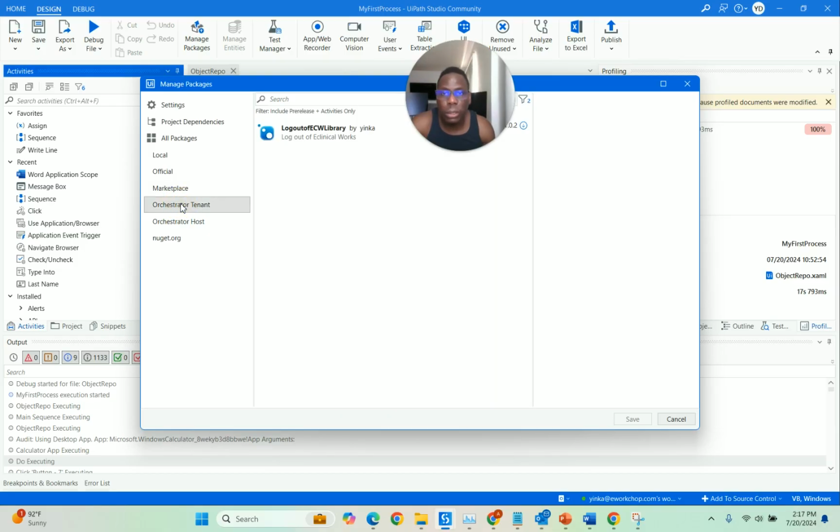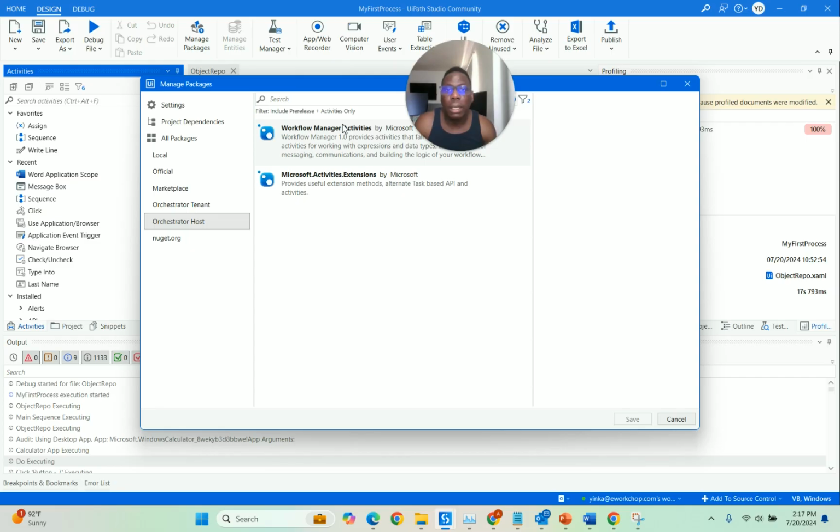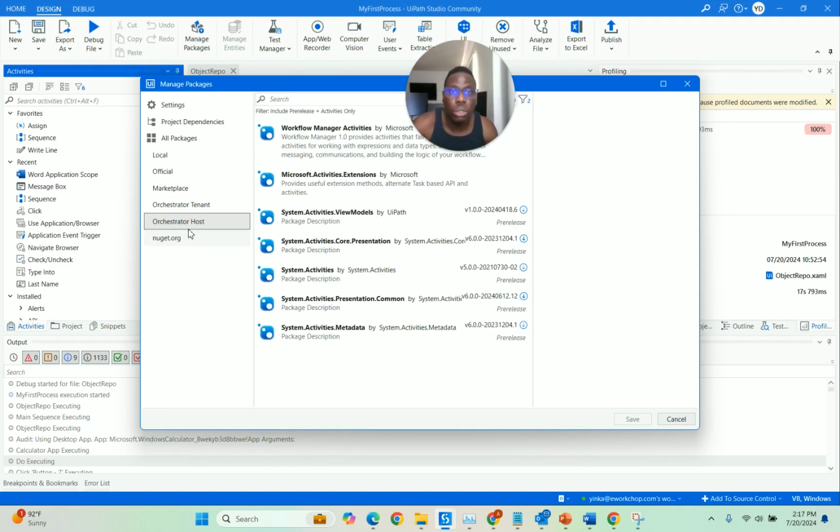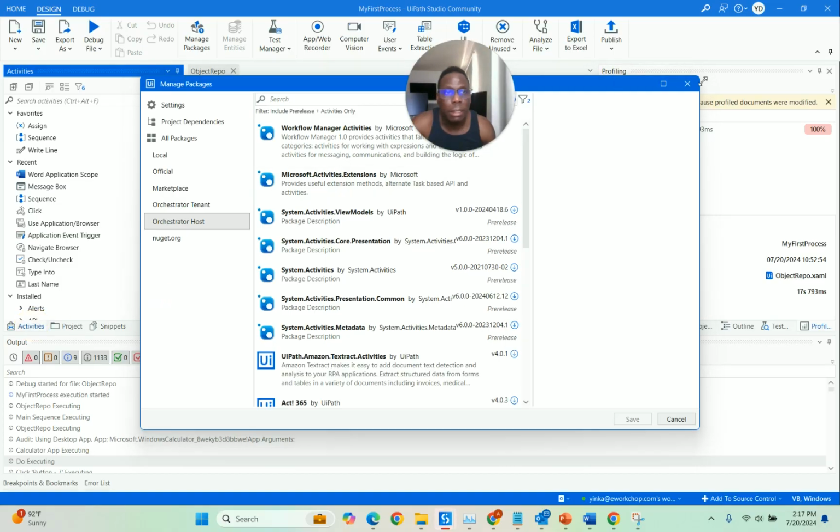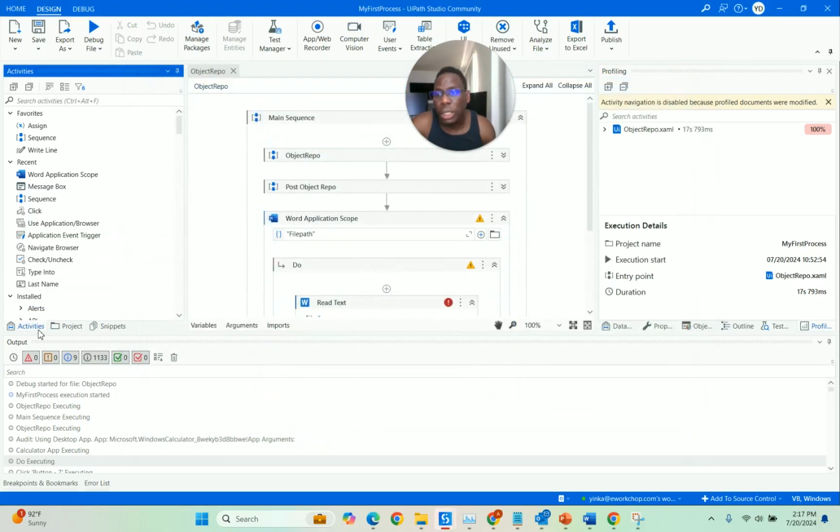Now your Orchestrator is the cloud version of this, the cloud partner of UiPath Studio. There will be some things you either kept there or that came by default. They will be stored in that place, and you can pull them down into your automation if you need them, right? But we don't want to go too advanced into it. The bottom line is that there's any activity, let me close this, that you need,